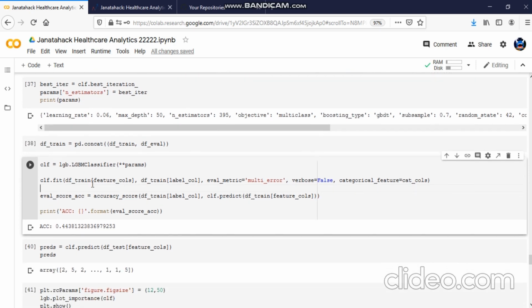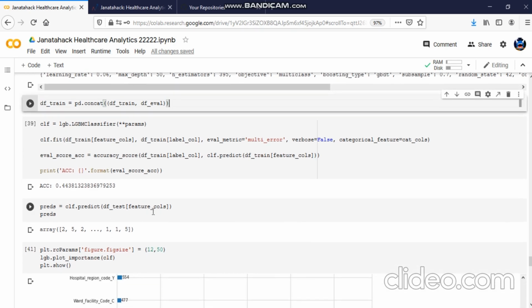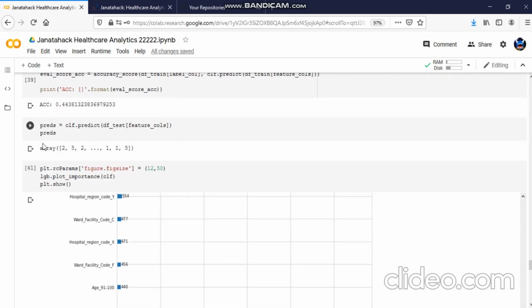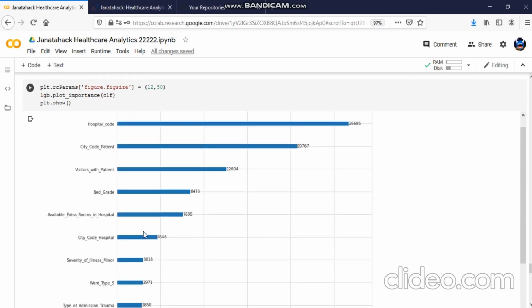After fitting it on this new train data frame, we are going to get the accuracy of around 44%. Then we are going to predict on the test data set.